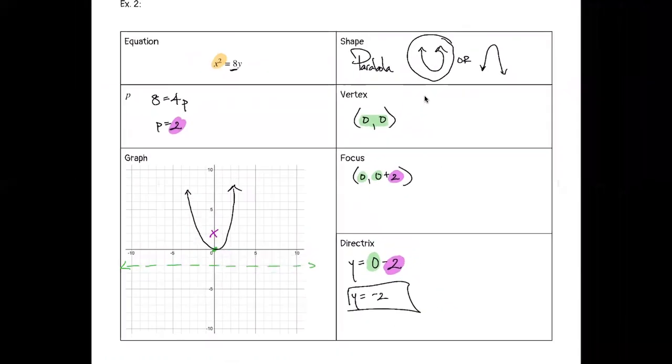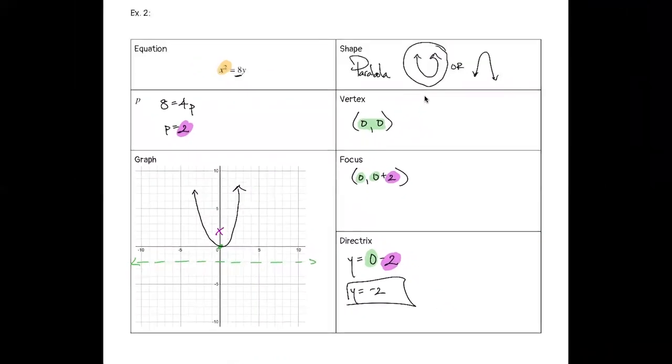Okay, so not so bad. You just got to remember that you have to take that coefficient, divide by 4, and that will get you how far you need to go to find your focus and your directrix. Okay,